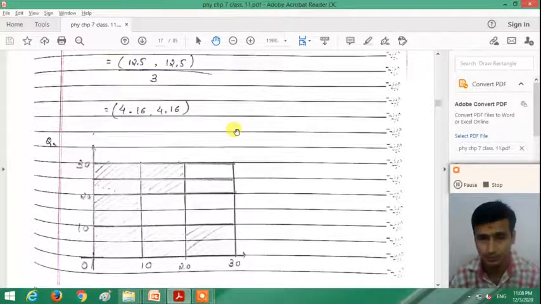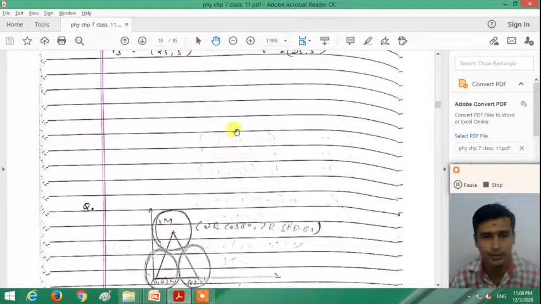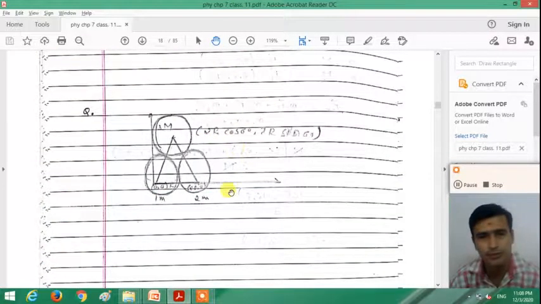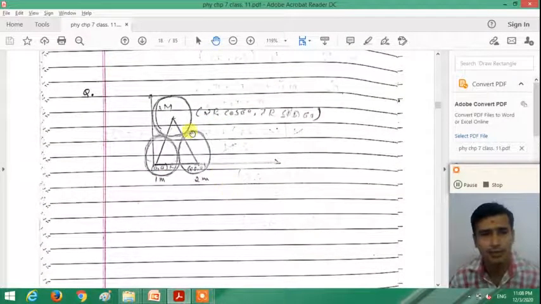Understand? Now the next question is that a figure is given to you. Calculate the center of mass of the three spheres shown in the figure, right? Three spheres are given to you like this, right? Each having a radius capital R. Calculate the center of mass of these three spheres. The mass of each sphere we take as capital M, right?